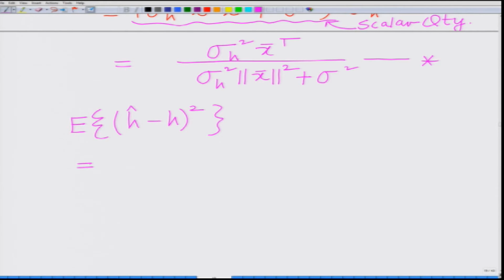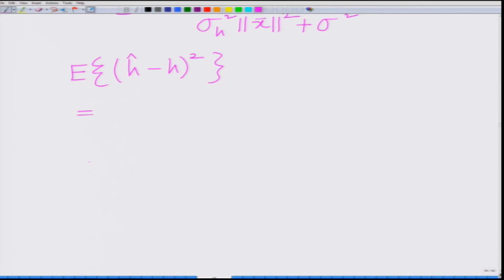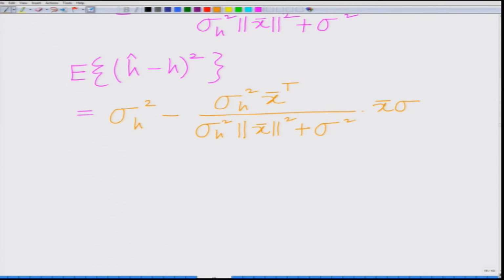So, this is equal to sigma_h square minus sigma_h square x bar transpose divided by (sigma_h square norm x bar square plus sigma square) into x bar sigma_h square,